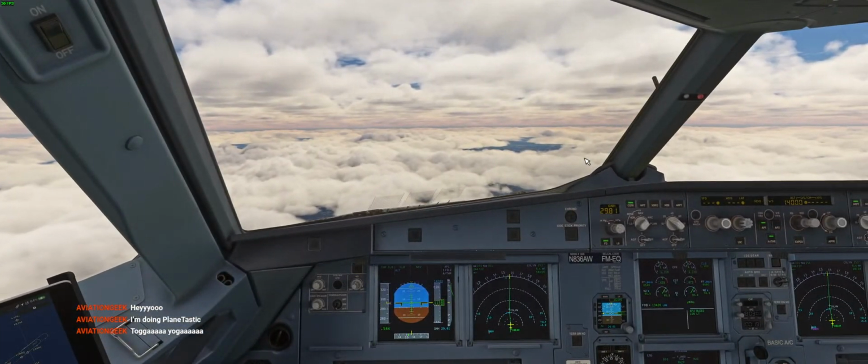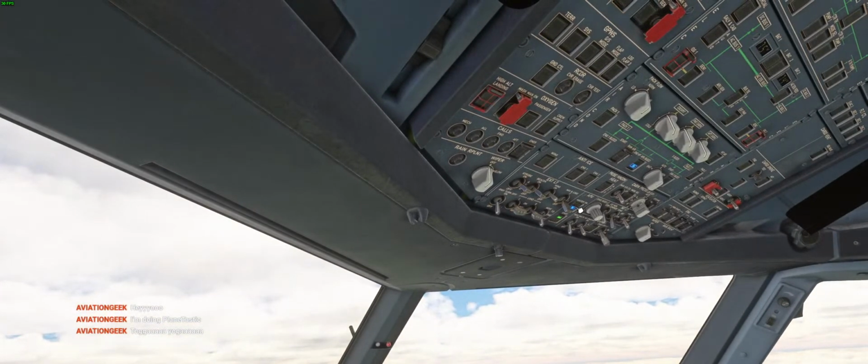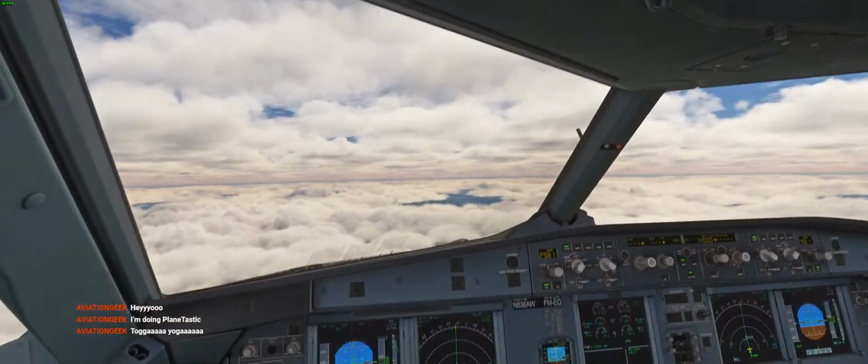Boston Center. Everybody can move about the cabin. The seatbelt sign has been turned off. You may now move around the cabin, but we recommend that you keep your seatbelt fastened while seated in case